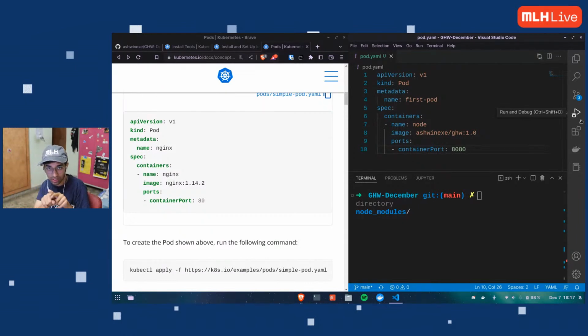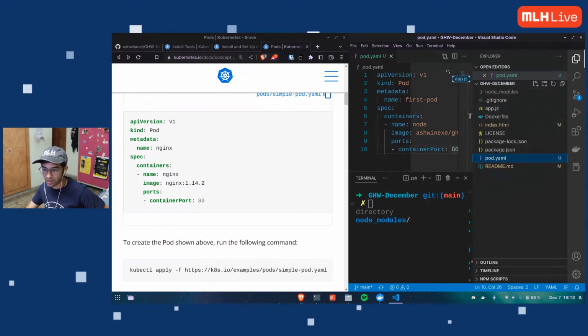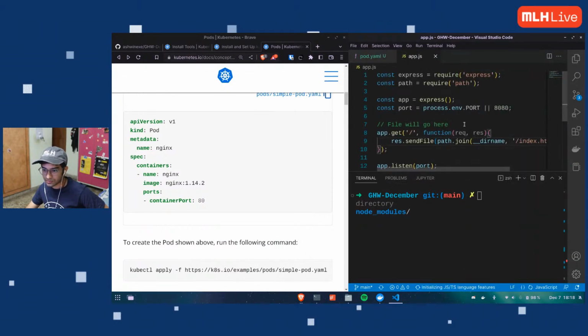I'm creating a pod. So if I want an opening in the pod, my application inside is running on 8080. I want to open that, and to open that inside the container, I'm saying the container port should also be 8080, because that's what I said in my Node.js file, my backend file. If I open my backend file right here, I opened it on port 8080.